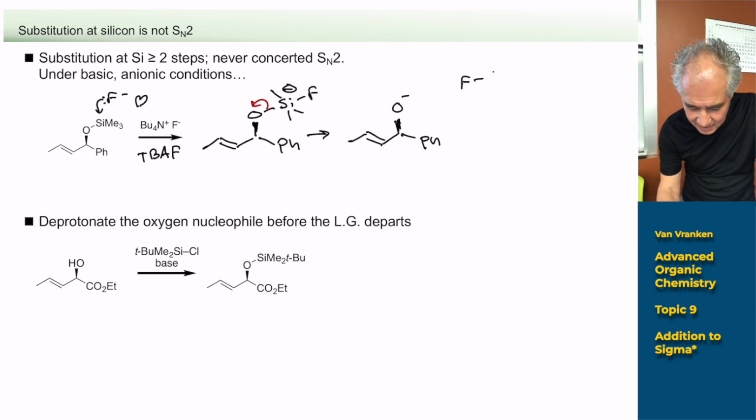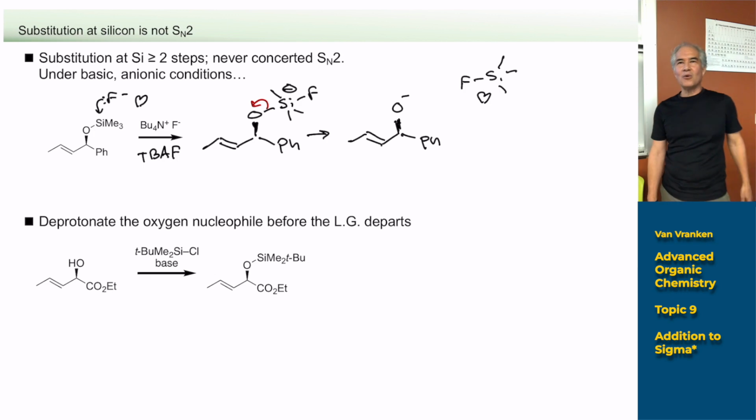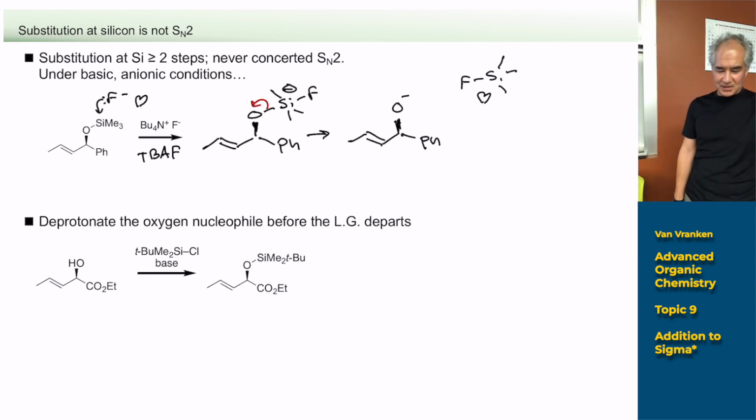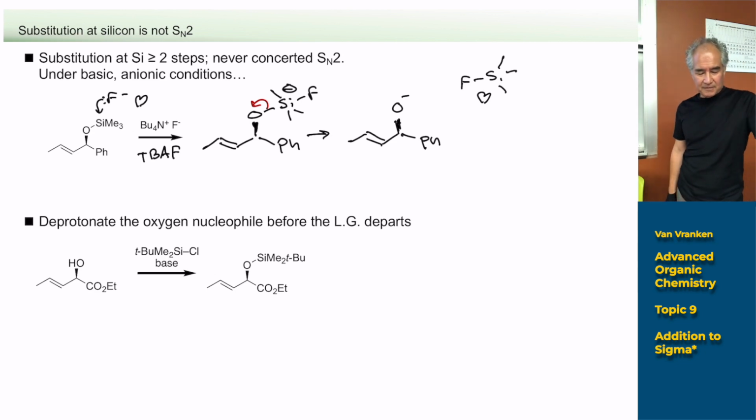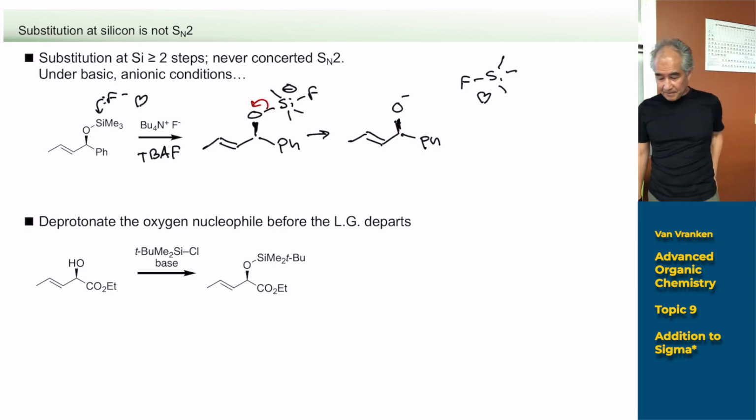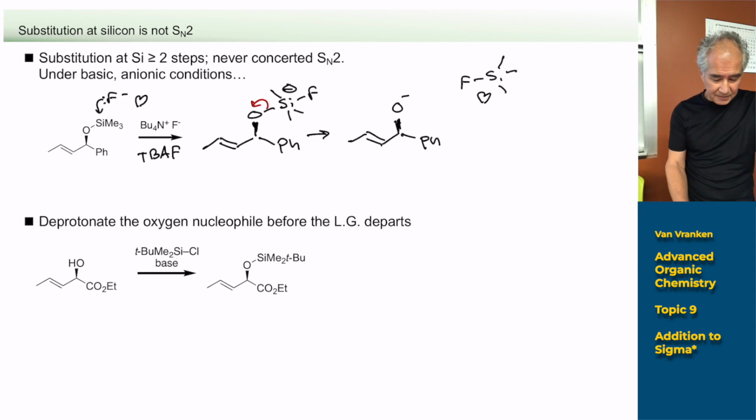And then we end up with this, boy, look at that bond there between fluorine and silicon. That's where it was headed the whole time. It was headed towards a fluorine-silicon bond. So that's the mechanism for deprotection of silicon. It involves a pentavalent silicon intermediate, so get used to that. You'll also see similar types of